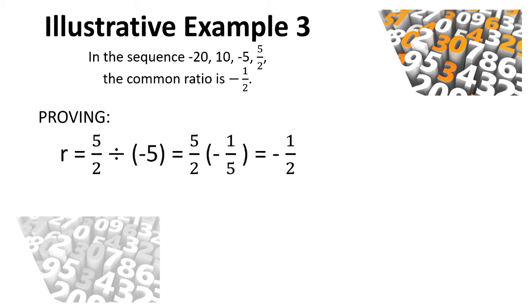Okay, so to get the r, the operation is division. I-divide natin yung dalawang magkasunod na terms. So sa ating pong first example, yung 5 halves ay ang ating fourth term sa given na sequence, while yung pong negative 5 is yung ating third term naman. So dividing the two consecutive terms, ibig sabihin po yung dalawang magkasunod na terms doon sa isang geometric sequence, we can find the common ratio. So that is equals to 5 halves divided by negative 5, at tayo po ay magpo-proceed na sa